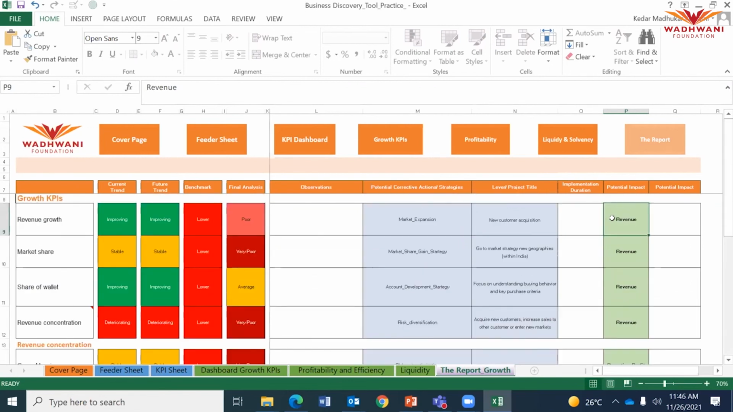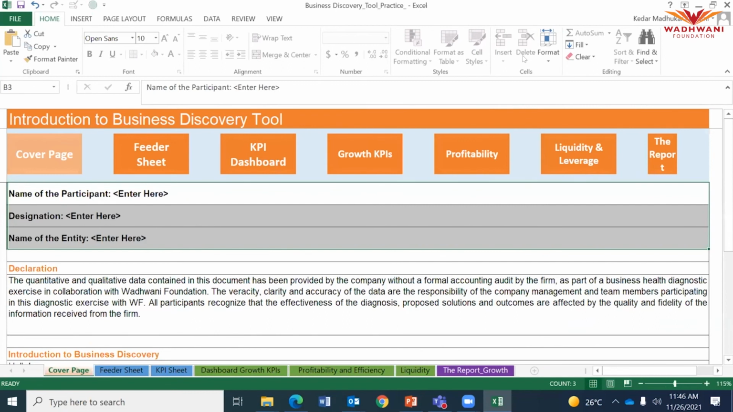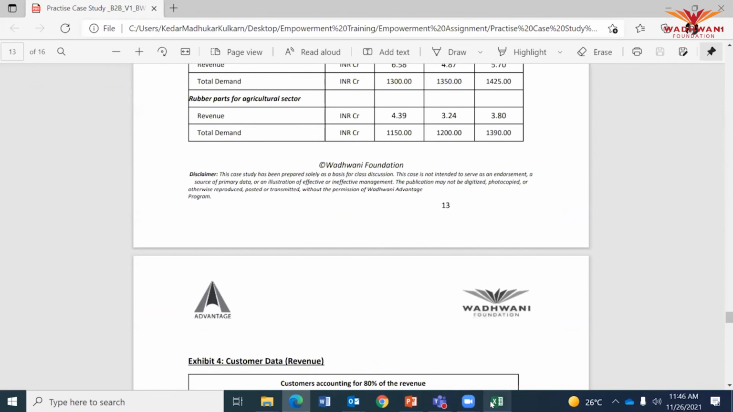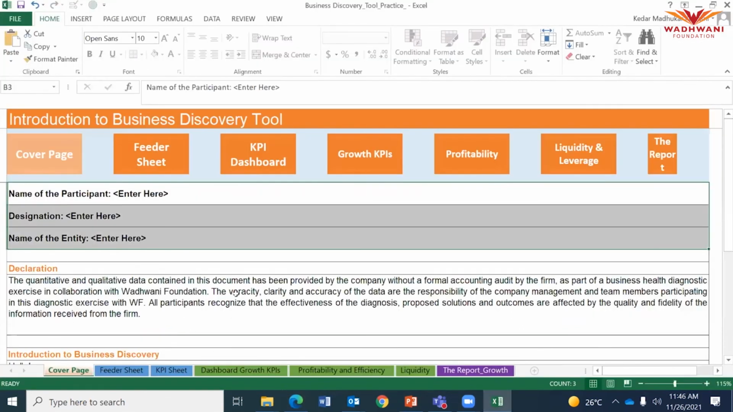So this is how the business discovery practice tool will help you generate a lot of insights about the company's current performance, future performance, and what are the corrective actions that need to be taken by the company to improve their performance on these 9 different KPIs, right? So what you all have to do is essentially take the case study, fill in all the information in this discovery tool,